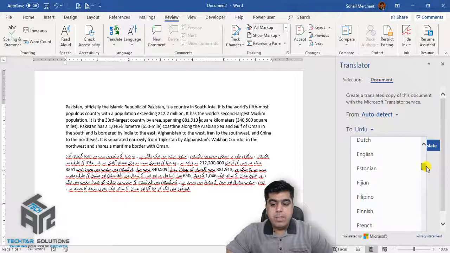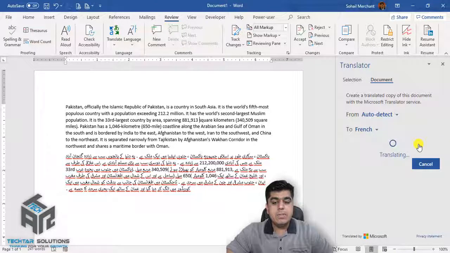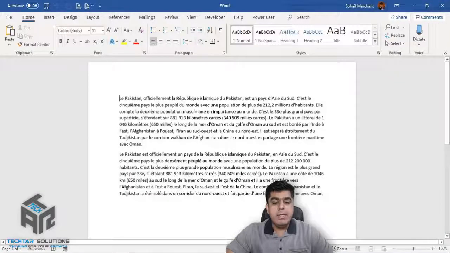So from the drop down list I am selecting French. Just click Translate, and it will take a few seconds to convert your text into French, and here you go. We have the French language on our screen, right? So this is the beauty of the translator available in Microsoft Word.